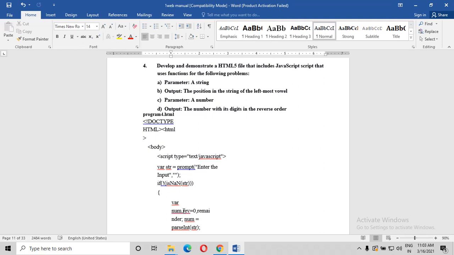What is the difference between remainder and quotient? If you use percentage, then you will get the remainder value. If it is only division, means there is no percentage, the forward slash symbol will give you the quotient value.